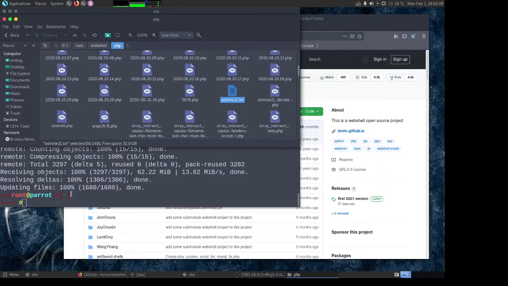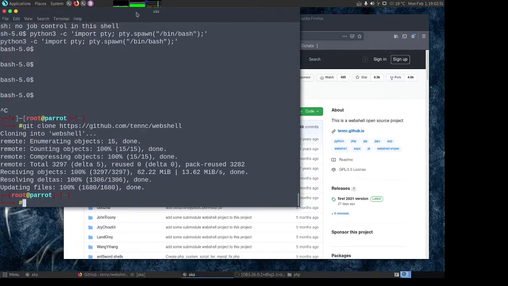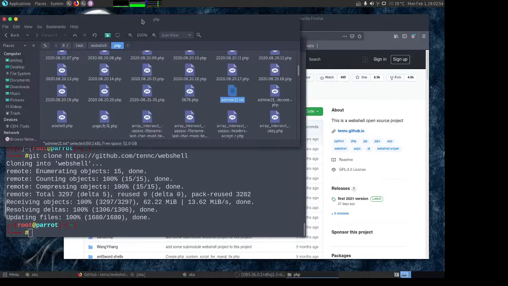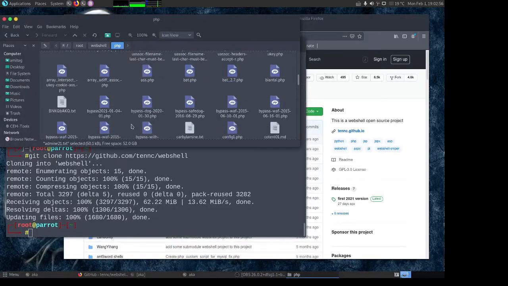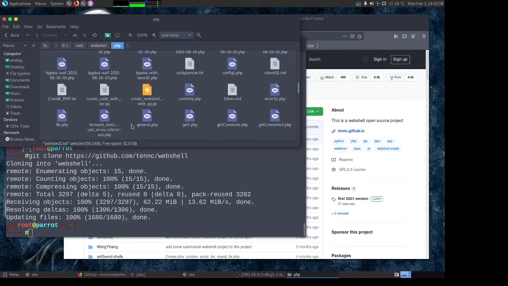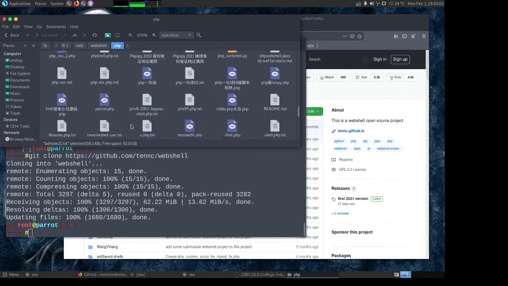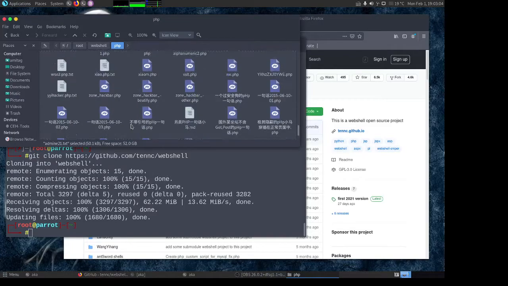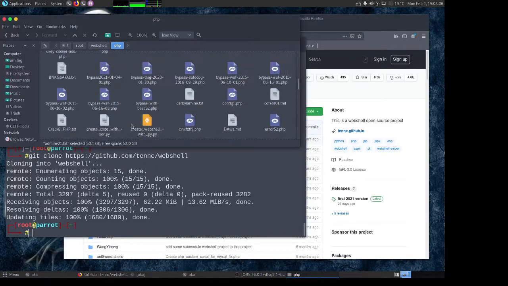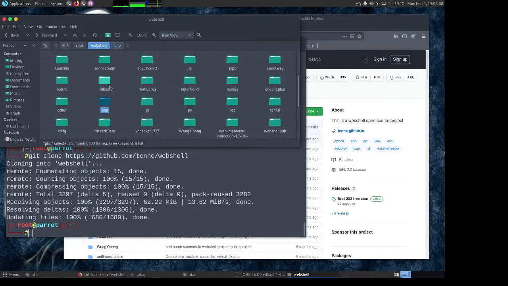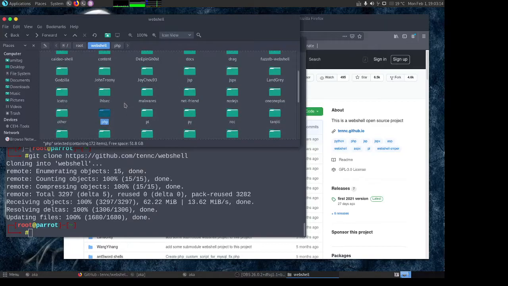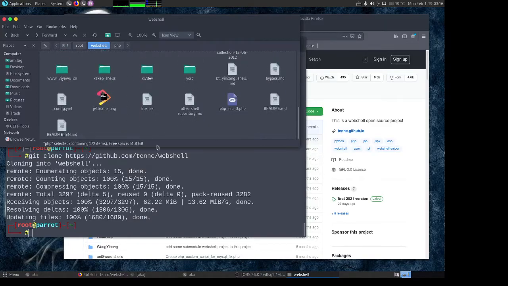This is very similar to what we have done earlier, but here you can use one of these web shells and get a more useful and easy to use web shell. This is what this can be used for, and it has web shells for basically everything that you can think of: ASPX, JSP, JSPX, and a few others.